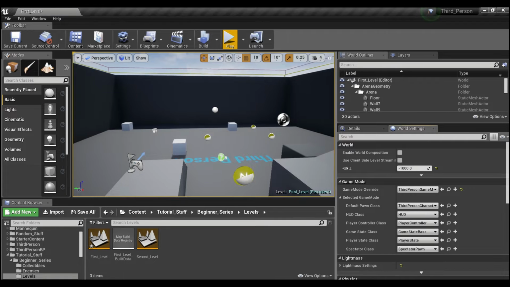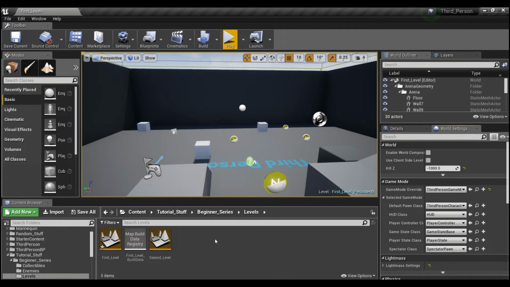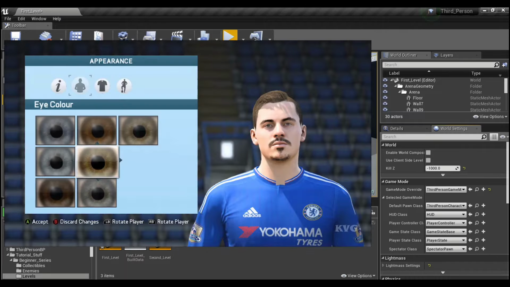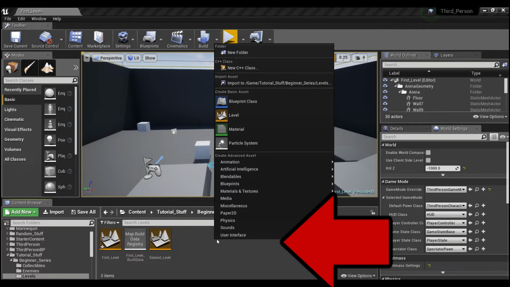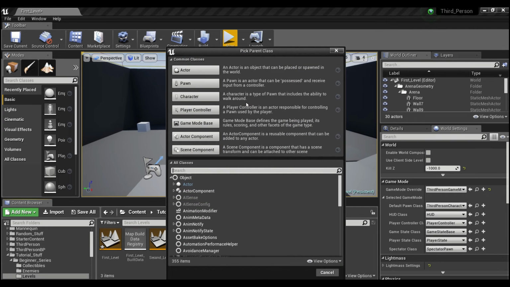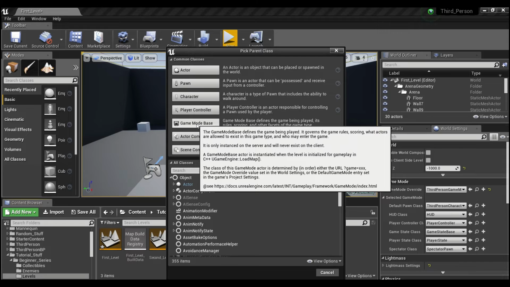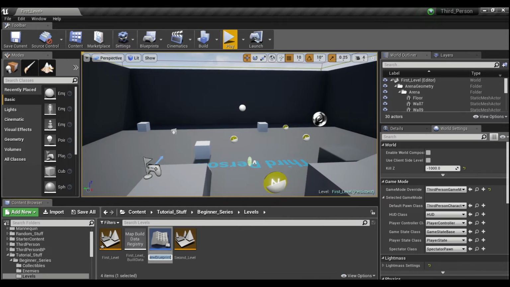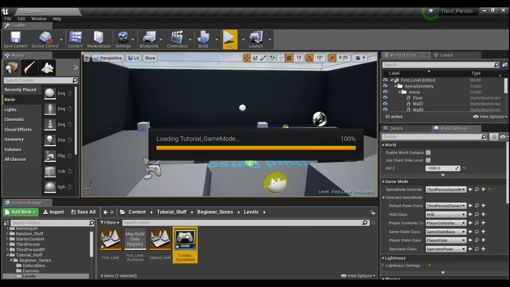So, what are we going to do with this? Well, first let's start off by creating our own game mode. We can right-click here in the content browser, go to Blueprint Class, and search, actually right here it says Game Mode Base. We can click on that, and we will call this Tutorial Game Mode. And if we open this up,